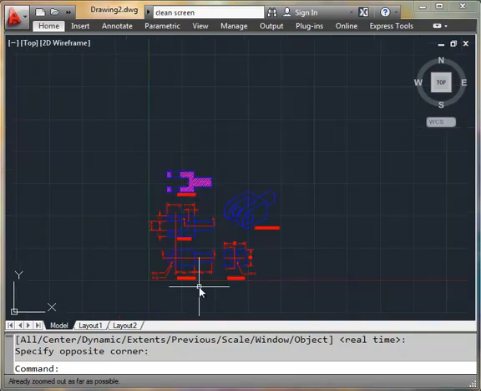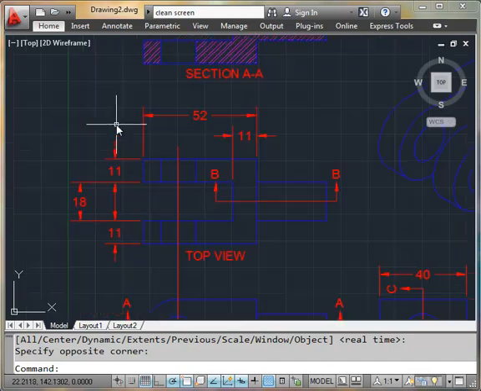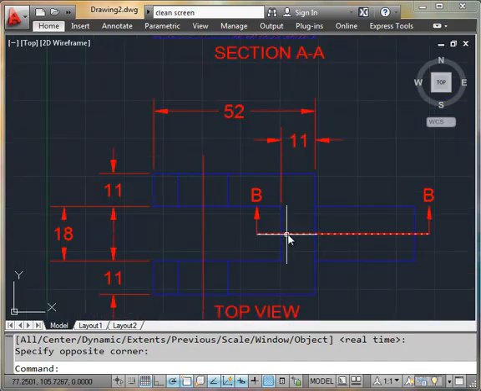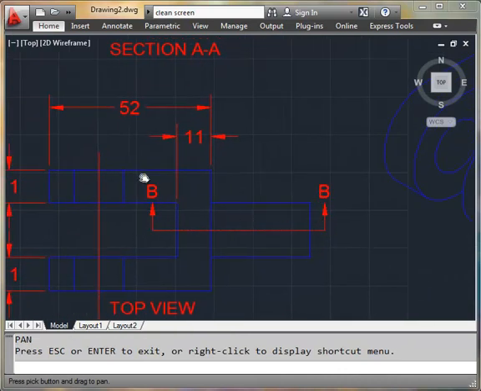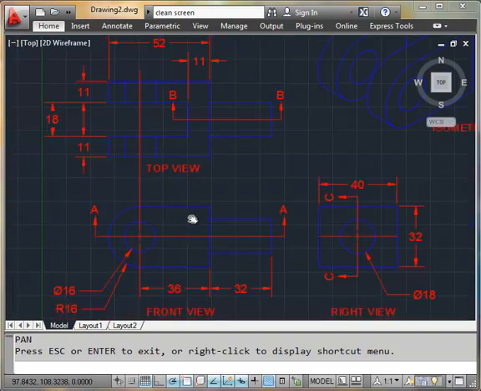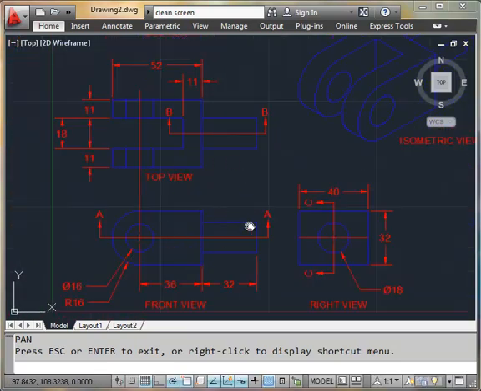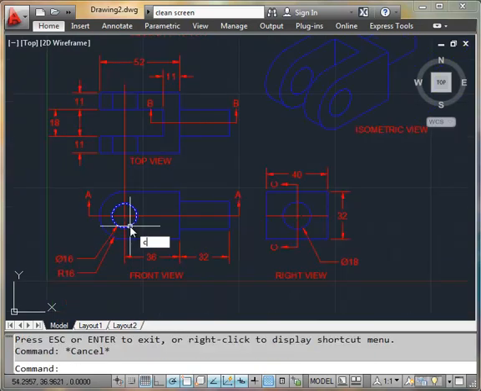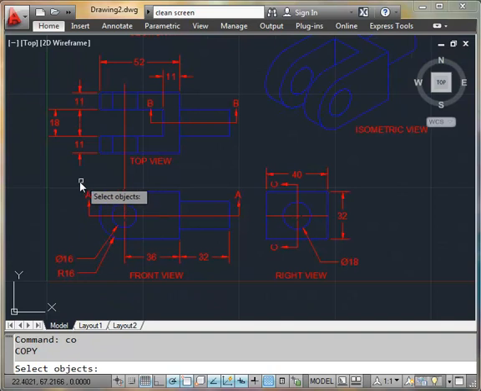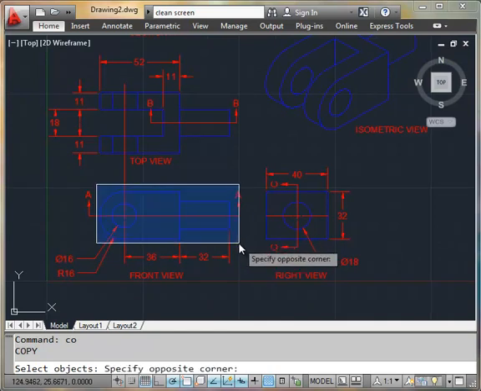So what I want to do next is look at my drawing and see, okay, well here's another section that's been required, section BB. And so what I need to do is figure out, okay, if I cut this part in half and look this way, what am I going to see? So it turns out that I've already got it drawn for the most part here. So what I can do is I can just copy this area here,